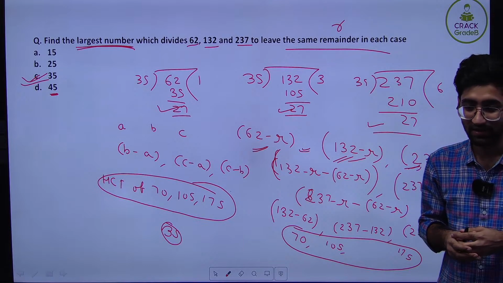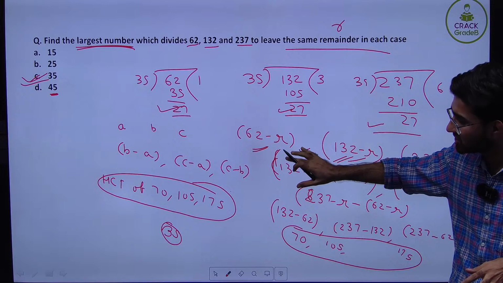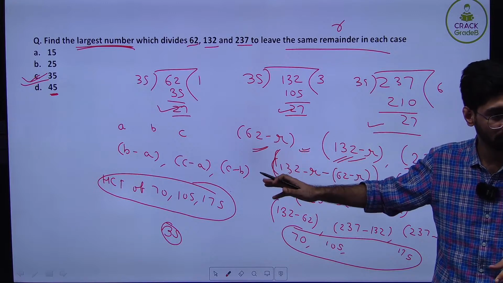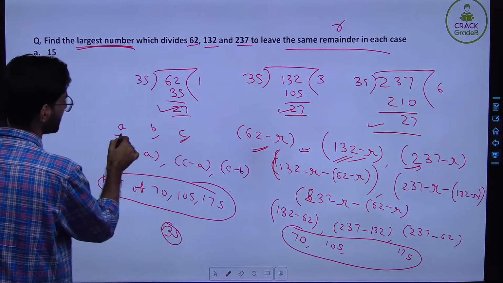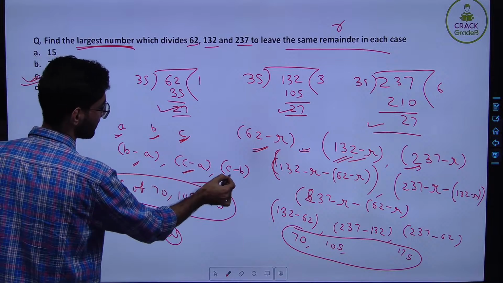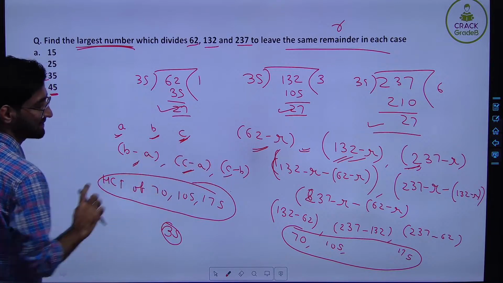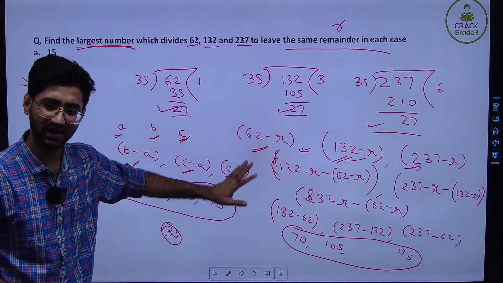Okay, don't worry. I will try to teach you this property by giving a few examples. What did I say? That if a largest number divides a, b and c, that largest number also divides their differences, and we used that property here, right? Okay,